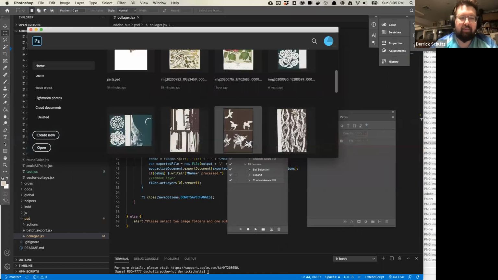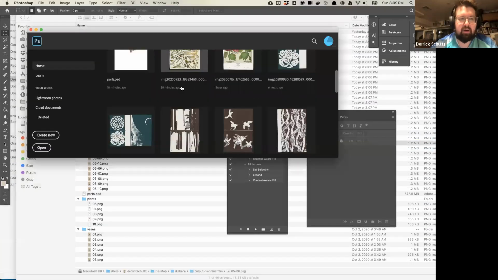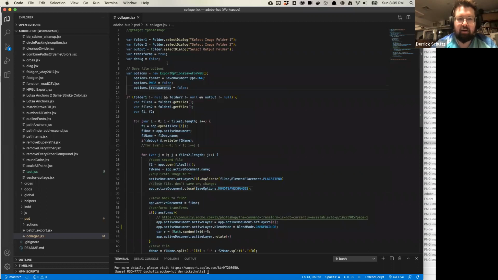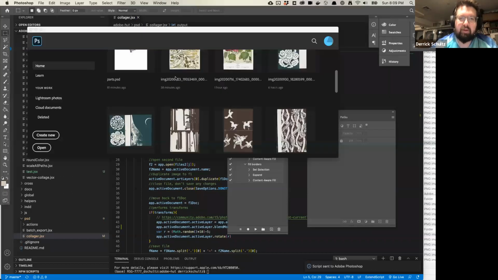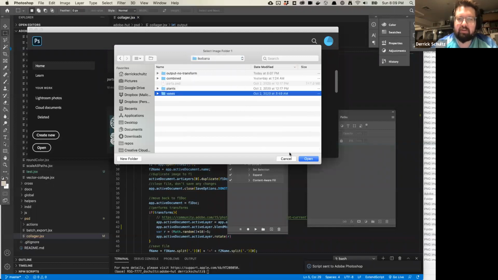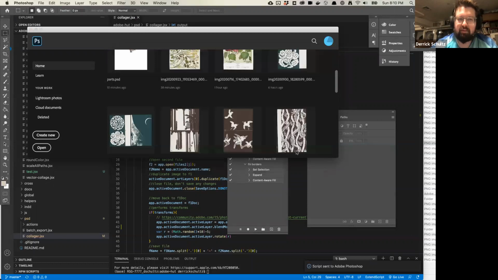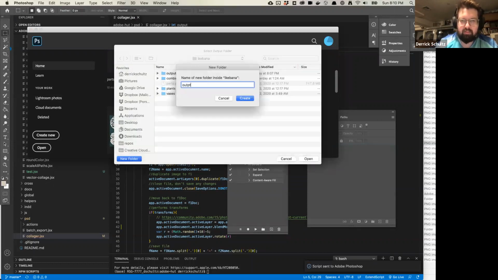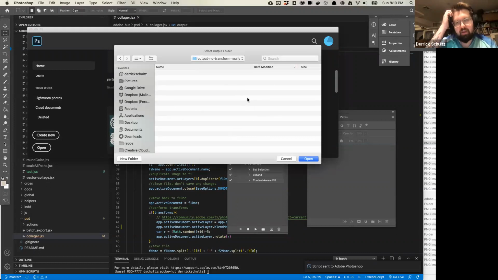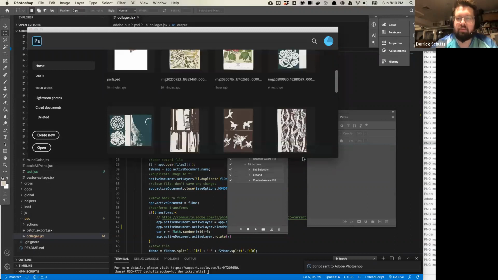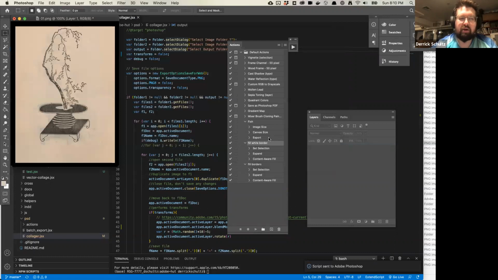So that is basically this script. You could apply this to anything. And as you'll see here, I've got this variable in here called transforms, and it's set to true. We set this to false, and then I run this again. And we'll set this Ikebana to vases, plants, and then output no transform. We should see that this time these will select, and that this does not include any transform functionality.